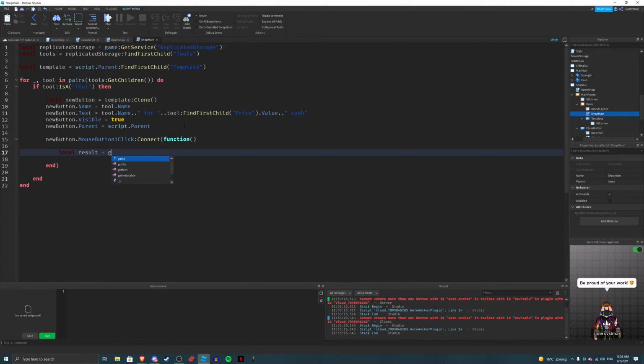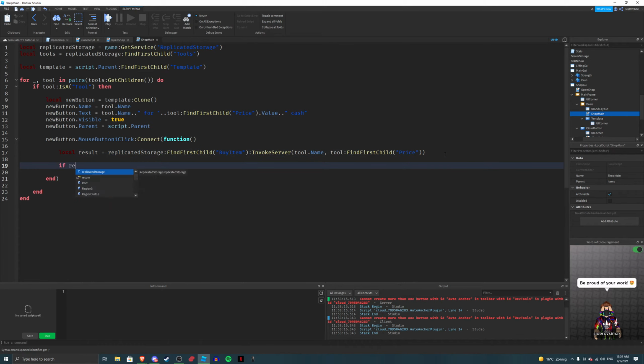Local result equals the replicated storage, which we already have defined, so I'll use FindFirstChild on the item, InvokeServer, and we're going to send over tool.Name and tool:FindFirstChild("Price"). Yeah, name. Right, so we're going to do if result